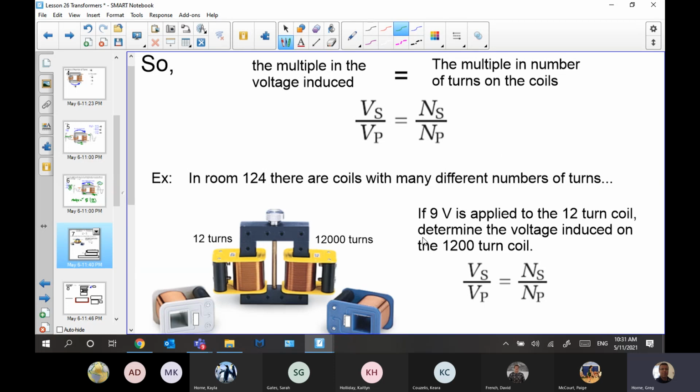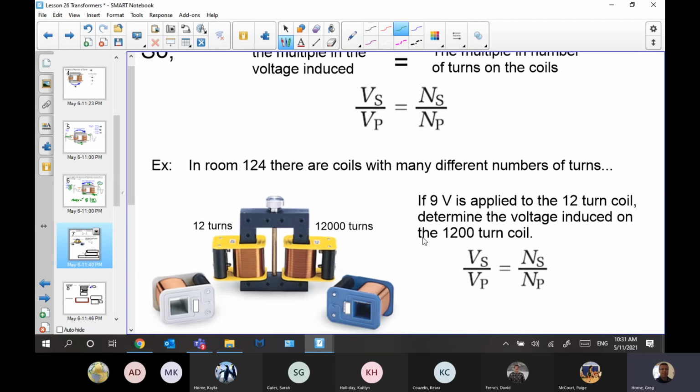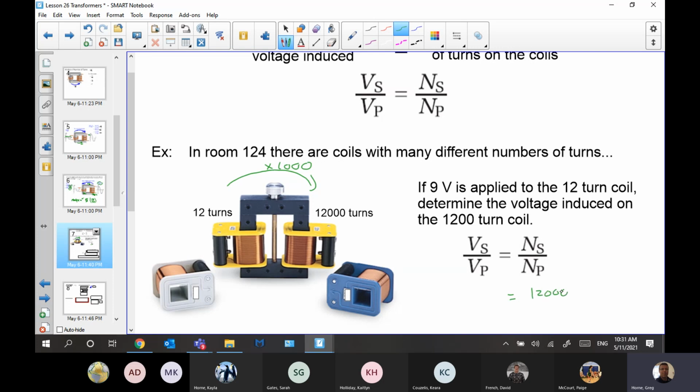So in 124, there's a bunch of different coils that have a bunch of different numbers of turns. So if we were playing around with a 12-turn coil, which this one isn't, but there is one, it's much thicker looking copper wire. You can literally see, I think it's actually 9 turns or something, but I'm just doing easy numbers for us here. So if we had a 12-turn coil and a 12,000 turn coil, you can tell right away that the multiple we're talking about is 1,000, right? We're talking about times 1,000 here. And of course, when we put the numbers in, you're going to have a 12,000 here and a 12 here. So there's your 12. There's your thousands,